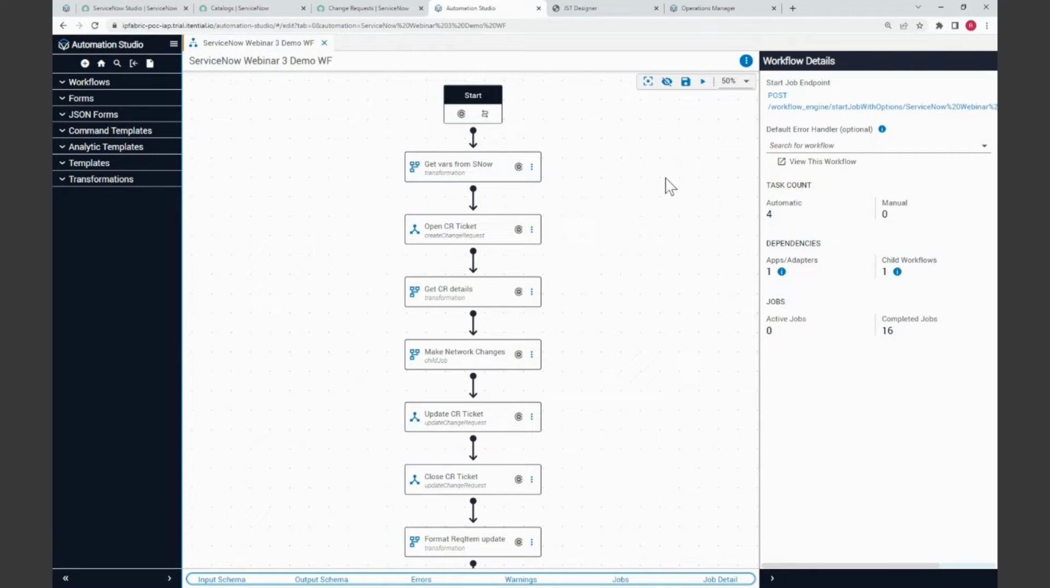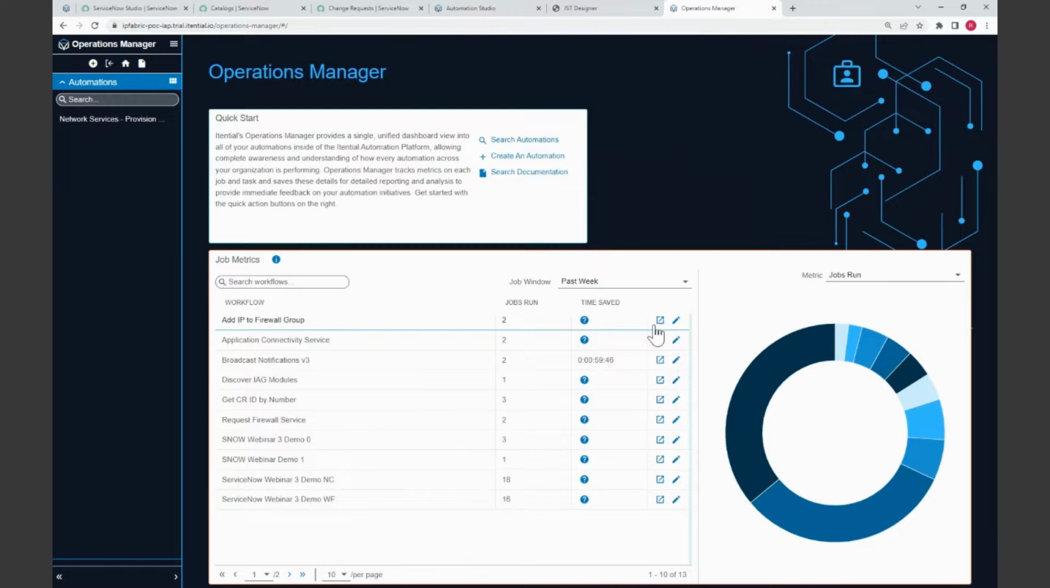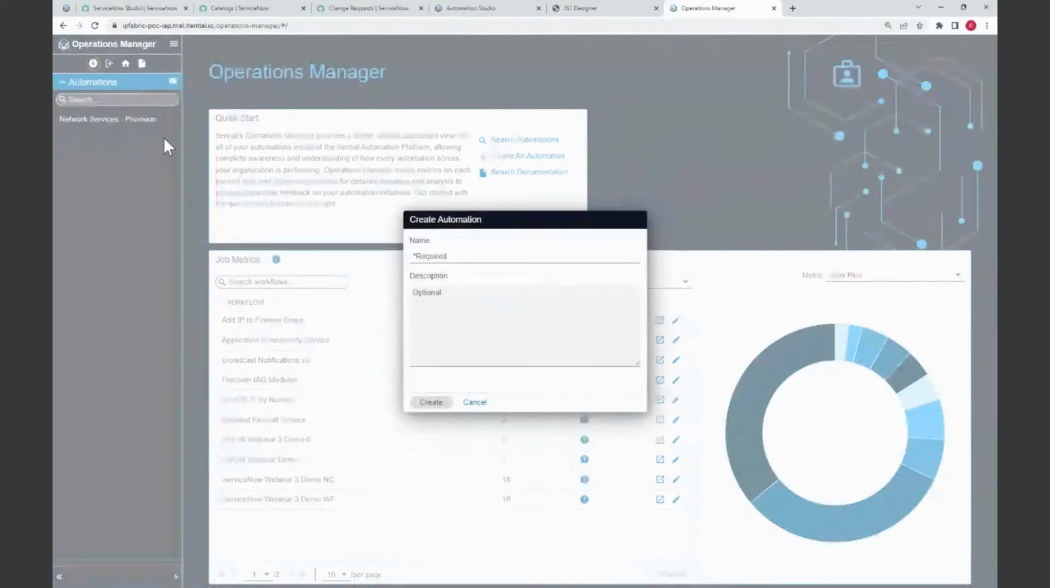So instead of running it within your platform, how do we run your automations from ServiceNow? And so once you have an automation built like this in our platform, going into an area called Operations Manager, where you can actually publish it so it can be accessible from ServiceNow and run it in our platform. So that's where we'll start off first. So the first thing we want to do is go into Operations Manager, and we want to create a new